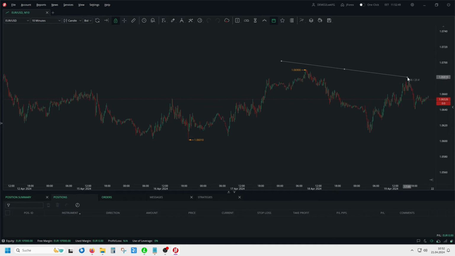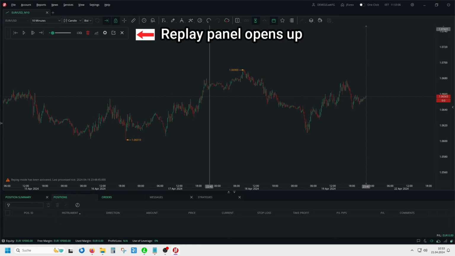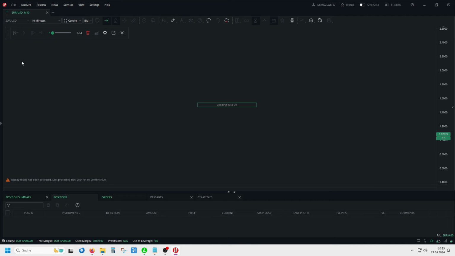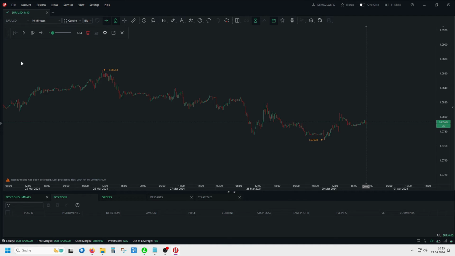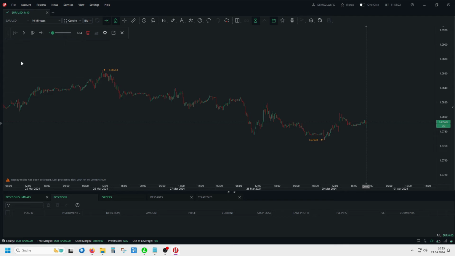Now let's talk about backtesting. You'll notice a play button on the toolbar. Click on it to start backtesting your strategies. You can choose the starting point by selecting the desired month. With JForex, you have the flexibility to analyze historical data and simulate trades, allowing you to refine your strategies with confidence. Now that you've familiarized yourself with the basics of setting up your trading environment using JForex, let's delve into